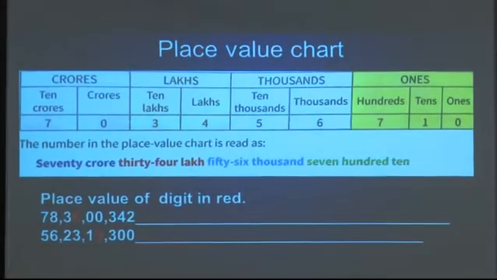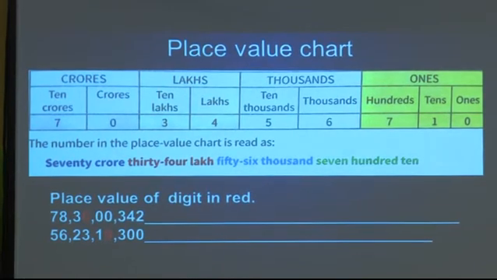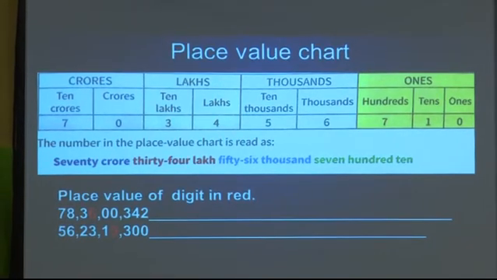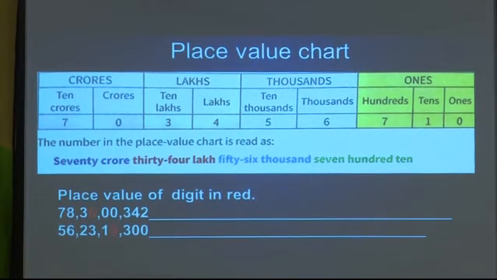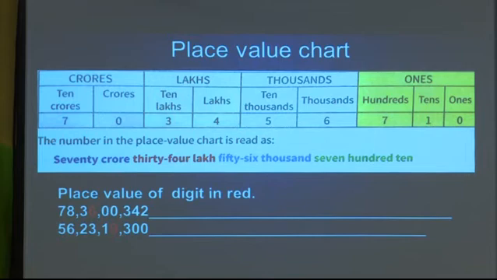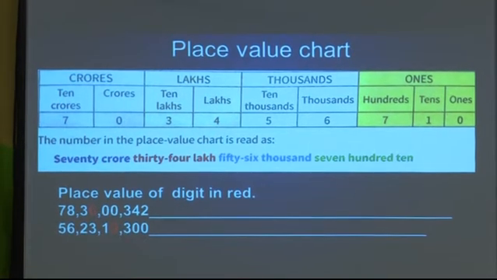Now we will see the place value chart, which will give you a very easy concept. If you are not clear without practicing the sum or concept, please refer to it and listen to my words of what I am teaching. Here I have given a place value chart, where we have ones, thousands, lakhs and crores. Now by seeing the places, we have 7 in the crores place, 70, so it is known as 70 crore.